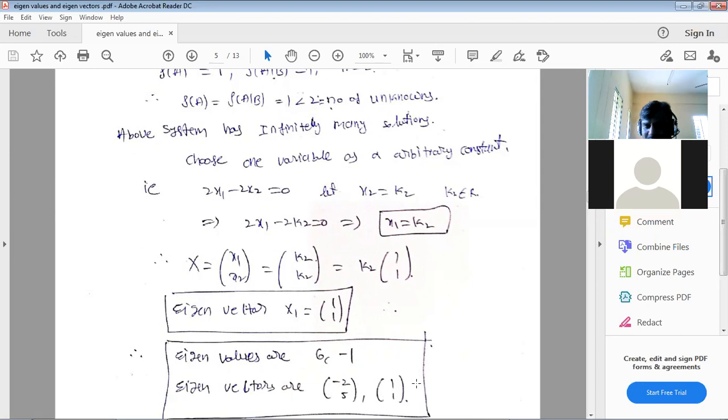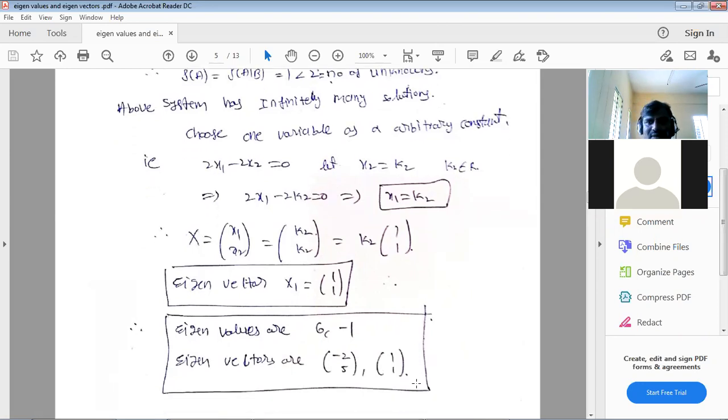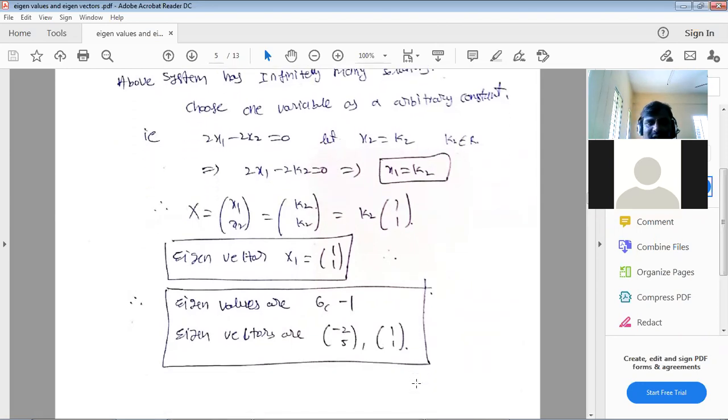But last year we had one more definition: what are the geometric multiplicity and algebraic multiplicity? Algebraic multiplicity is the number of times an eigenvalue is repeated. 6 is repeated only one time, so the algebraic multiplicity of 6 is 1. What does geometric multiplicity mean? For the corresponding eigenvalue, how many linearly independent vectors do I get? One vector, (-2, 5), only one. Therefore, this is the geometric multiplicity of 6.